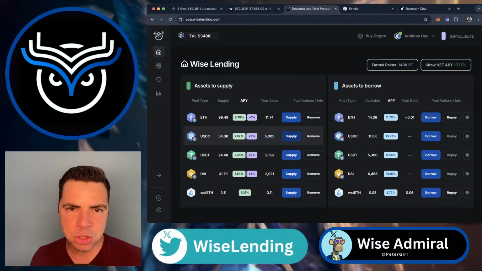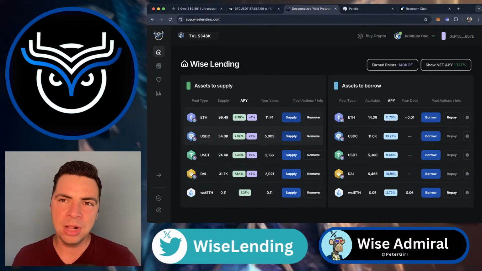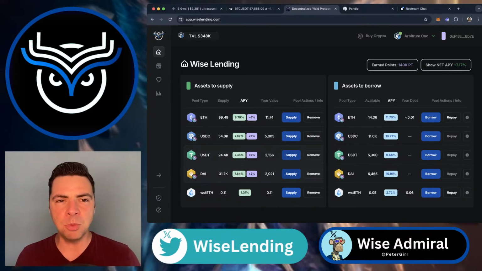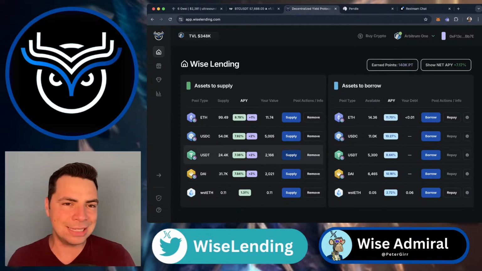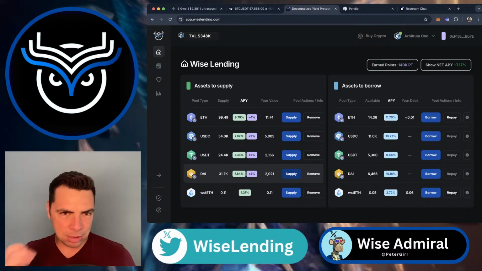This is on Arbitrum. We also have one on Ethereum. The Arbitrum one has better APY right now. And what we really need is more deposits of stablecoins, USDT. We need about 25,000 more USDT. And DAI, we need about